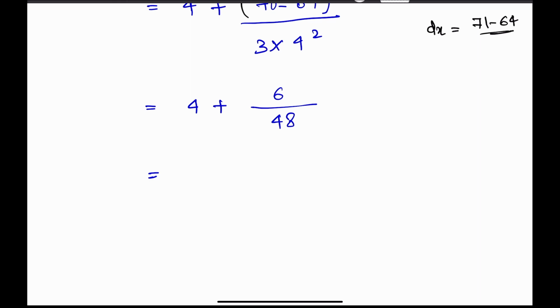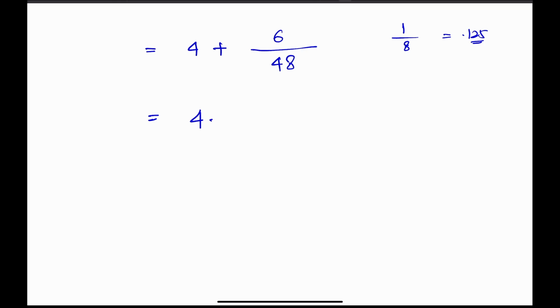So this is nothing but 1 by 8. 1 by 8 is, we know, 0.125. So the value will be 4.12, at least we can say, not 5. So the value is 4.12. If we check the same value with the help of a calculator,